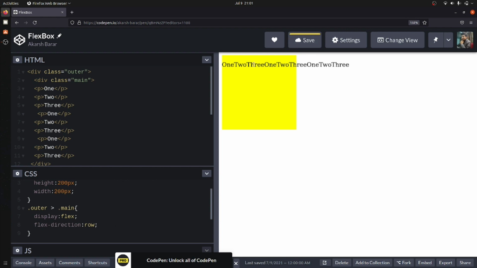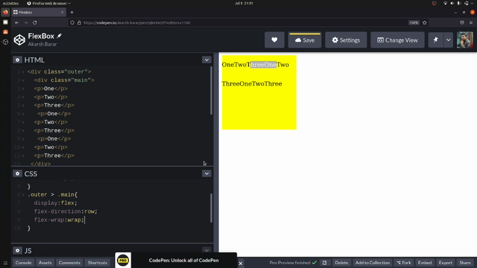To make it stay inside our outer box, I'm going to say flex-wrap: wrap. The point I have given the flex wrap, everything is now inside our yellow box.